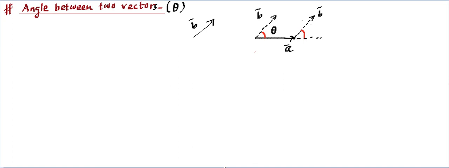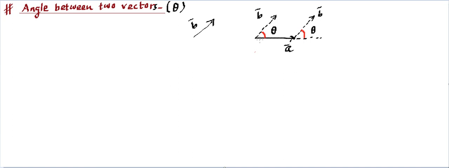And we know by geometry both are indicating the same theta. So if this is theta, this is going to be theta. Point is, we should not measure this angle. This angle is not known as angle between the vectors. This angle is known as angle between the vectors. So the idea is, you just join the tails and see outward directions. So the angle between the directions which are outwards, we call that angle theta.